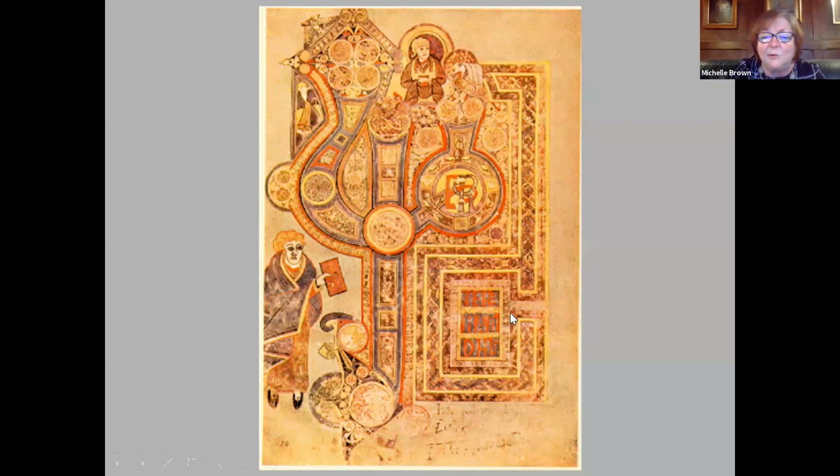Now, as early as the 1980s, Martin Werner suggested that some of the numerological designs in the carpet pages of the Book of Durrow were, if you like, stylized ground plans referencing the holy places. And there's a tradition of the hagiography of St. Columba, recorded by Adamnan, who was the abbot around about 700, that in the late 680s a Frankish bishop called Arculf was coming back from pilgrimage to the Holy Land, comes through the Straits of Gibraltar, sails through the Bay of Biscay, comes to where I am at Land's End, hits bad weather, and instead of turning right and going up the English Channel, he goes left up the Celtic Sea and ends up spending Christmas on Iona, where he dictates his pilgrimage travel accounts to Adamnan, which are subsequently worked up by he and Bede as